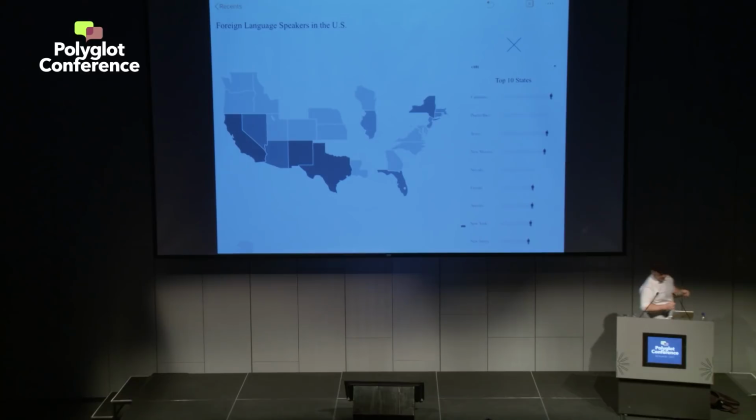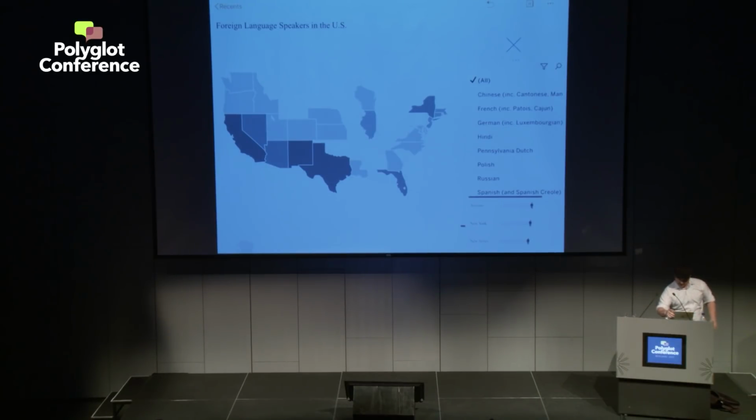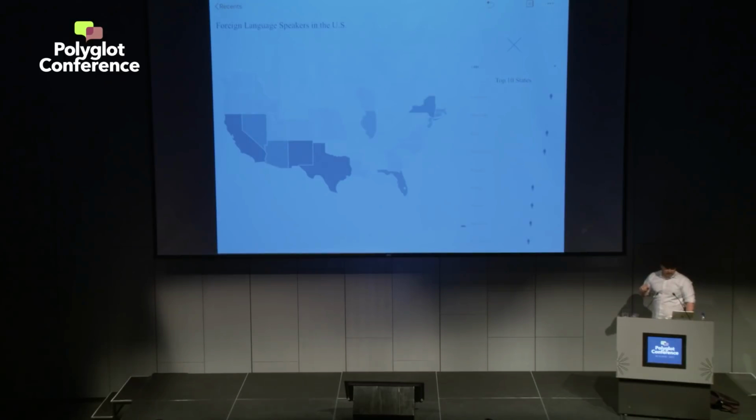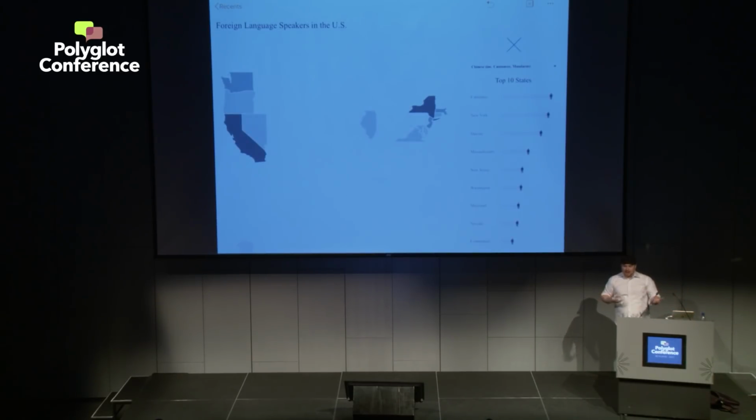foreign language speakers in the US. Okay, this looks kind of similar to the Duolingo chart, but let's switch things up a little bit. Instead of saying all the speakers, what about the particular languages? If we pick Chinese, a lot of these censuses tend to group Cantonese and Mandarin together. That's an unfortunate part whenever I see Chinese come up in this. But you can see, specifically, New York and California stand out.